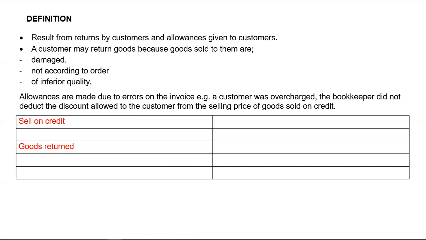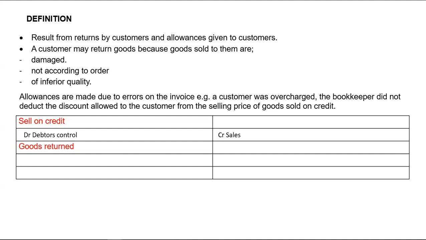But I'm going to start first by showing you what happened when we sold those goods. When we sold those goods to a customer on credit, we debited debtors control and we credited sales. Debtors control is an asset, sales is income. But when those goods are returned to us, we have to reverse that transaction. If we were to reverse this transaction according to how we recorded it, we were going to debit sales and credit debtors control. Did you get that? However,